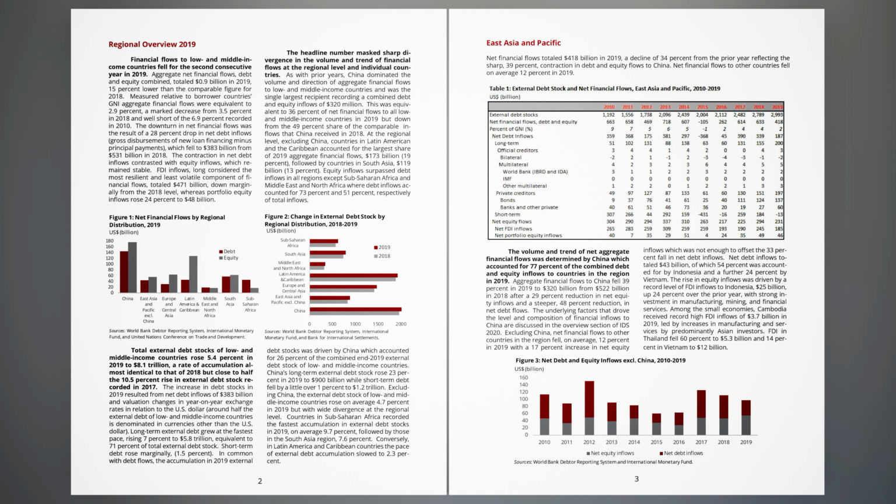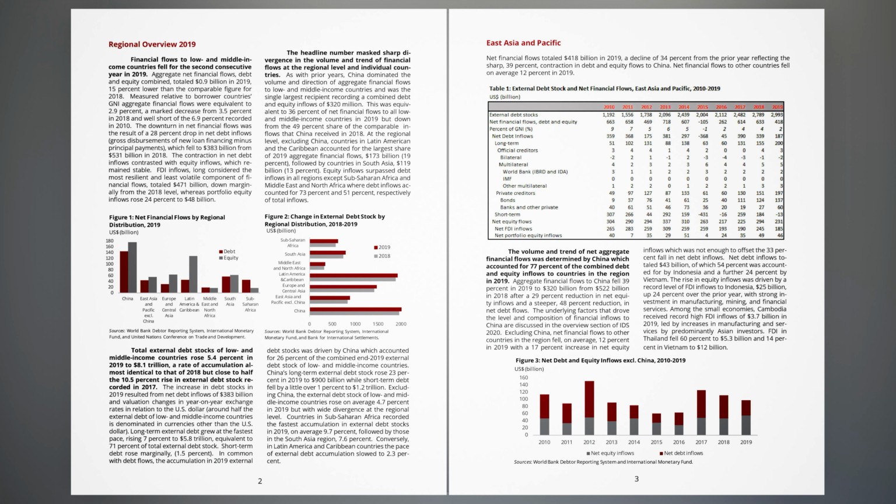Aggregate financial flows to China fell 39% in 2019 to $320 billion from $522 billion in 2018, after a 29% reduction in net equity inflows and a steeper 48% reduction in net debt flows. The underlying factors that drove the level and composition of financial inflows to China are discussed in the overview section of IDS 2020. Excluding China, net financial flows to other countries in the region fell, on average, 12% in 2019,